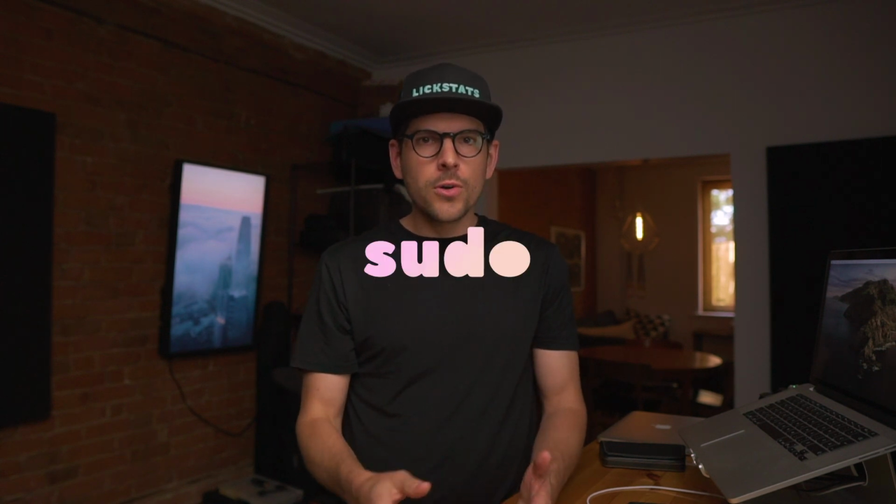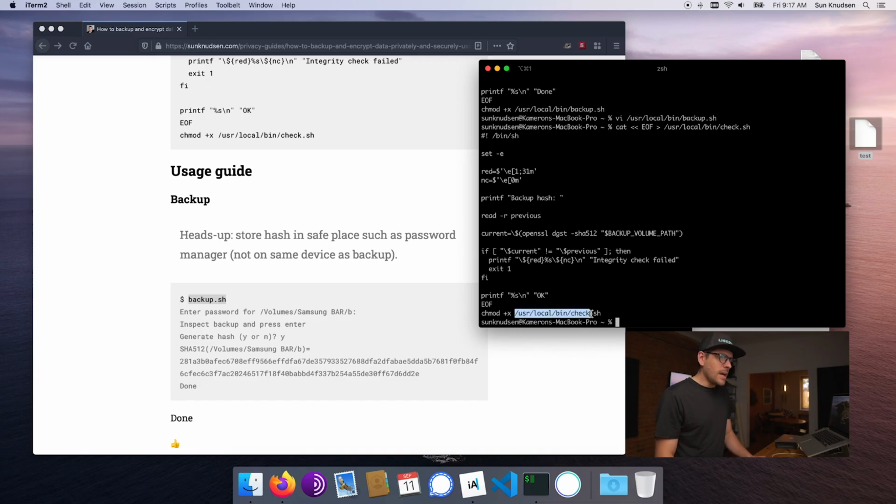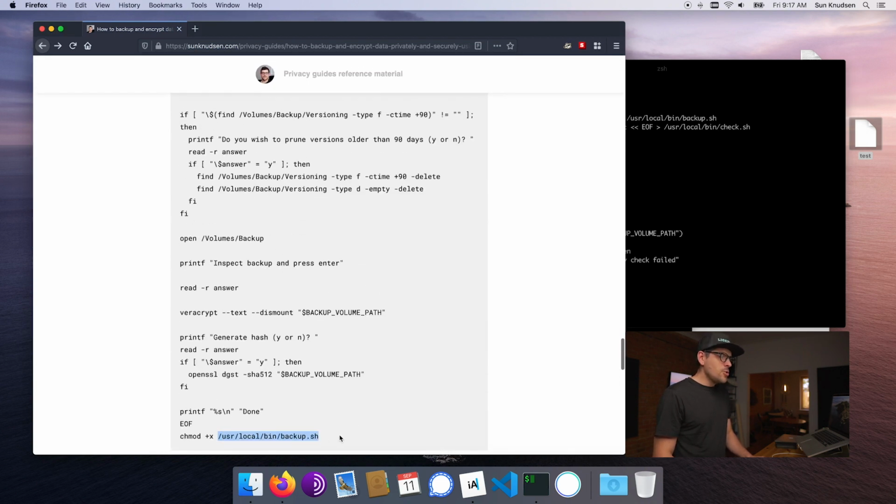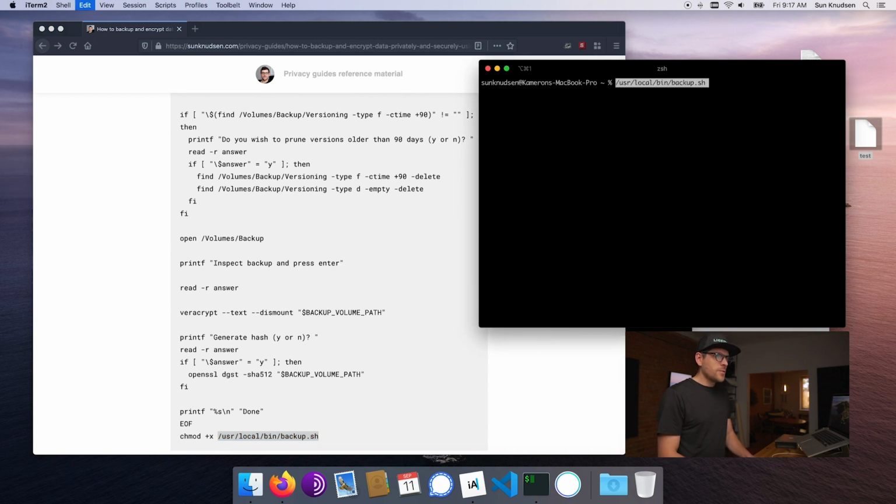By the way, if you guys followed the old guide, it was created in a way that required sudo, so it required admin privileges. I kind of didn't like that finally. So one thing that you definitely want to check is, let me see here, perhaps you have a conflicting version of the script. So if you write the following command, sorry, this is not in the reference material, but okay, if you write the following command with sbin, and that actually returns an existing file, you want to make sure that you run rm, which is remove, it deletes a file,